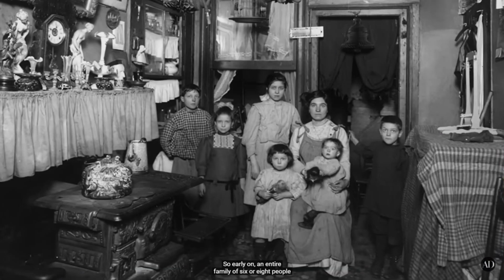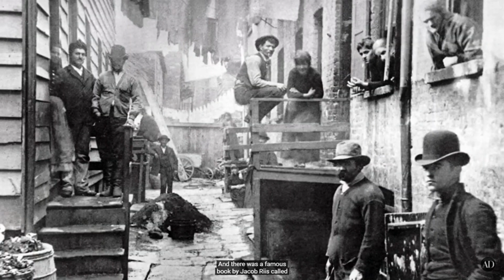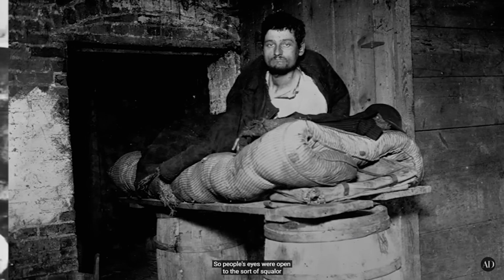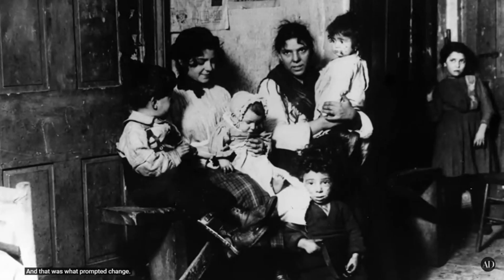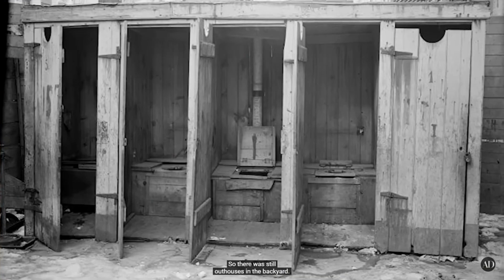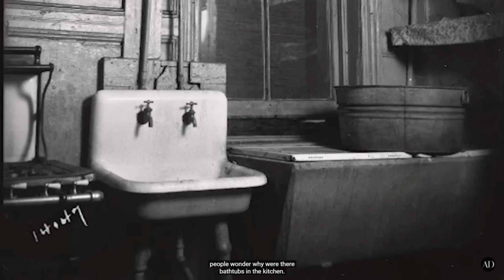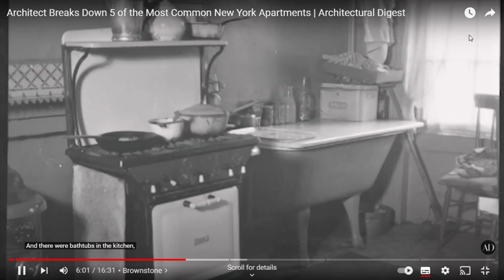So early on, an entire family of 6 or 8 people would live just in one room. And there was a famous book by Jacob Riis called How the Other Half Lives. So people's eyes were open to the sort of squalor that people were living in, and that was what prompted change. And when these apartments were built, there was no plumbing, so there were still outhouses in the backyard. And when that law was passed for the air shaft, they also insisted that you had to have a toilet in each building, and no more than 20 people could share that toilet, which is quite astounding today. A lot of these apartments, people wonder why were there bathtubs in the kitchen, and there were bathtubs in the